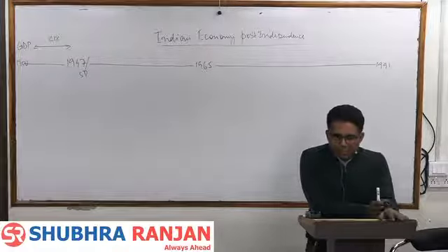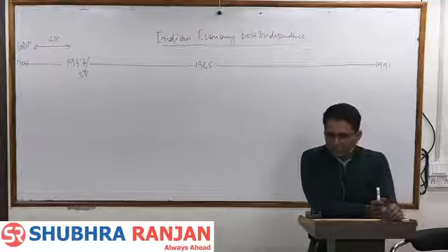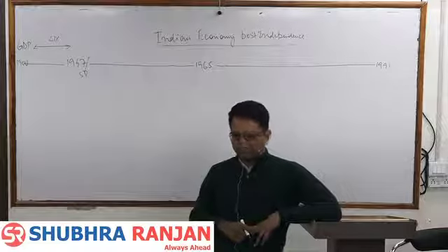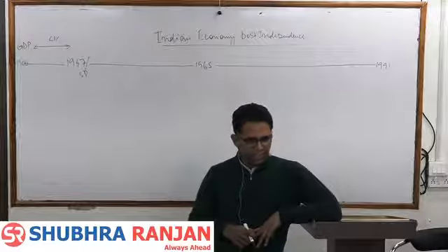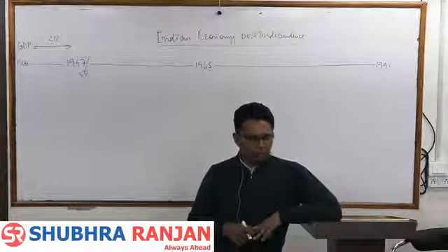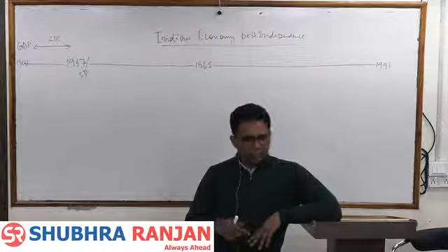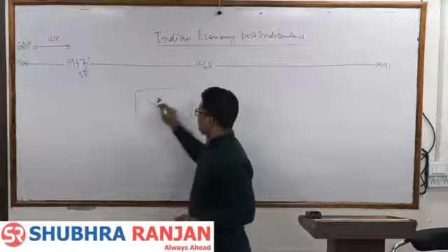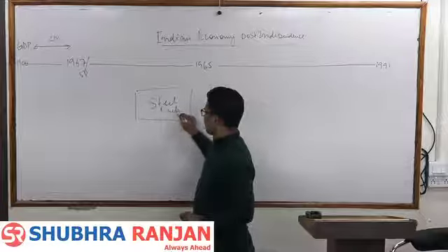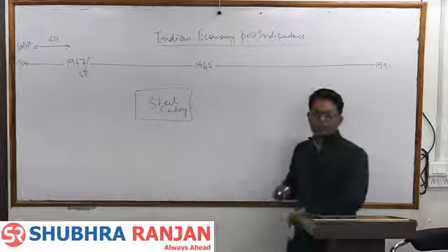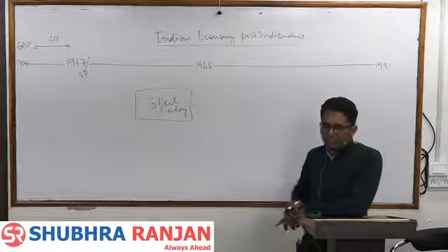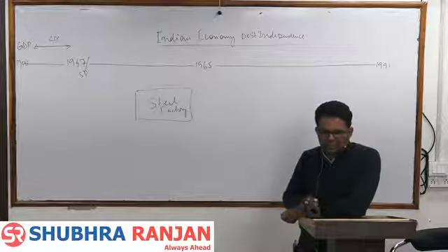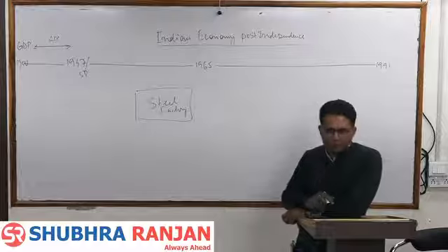P.C. Mahalanobis said that government, with its vast financial resources, should set up huge capital goods industries. Government with its vast financial budgetary resources should set up huge capital goods industries through its PSUs. Capital goods industries, heavy industries, meaning steel factories. So P.C. Mahalanobis is saying that government with its budgetary resources should set up huge steel factories, basic industries, capital goods industries through PSUs.